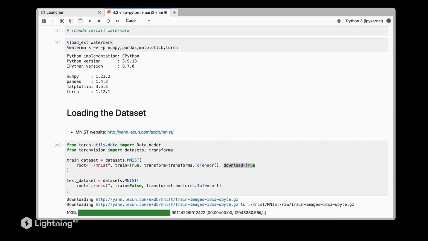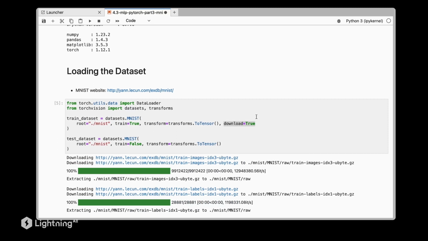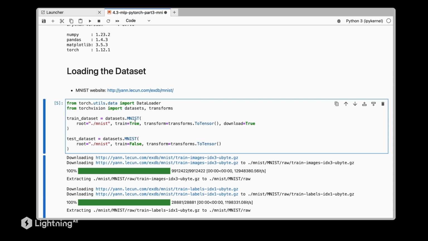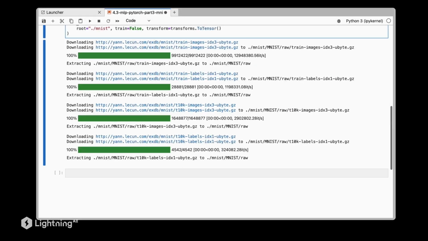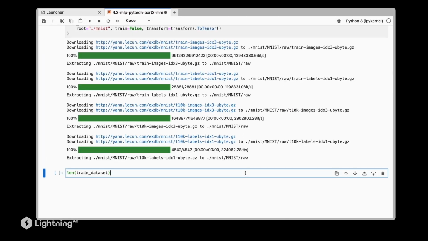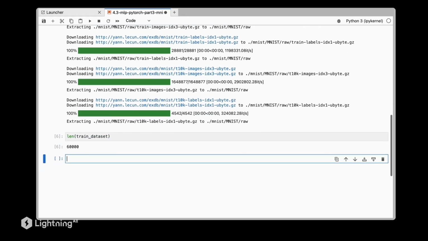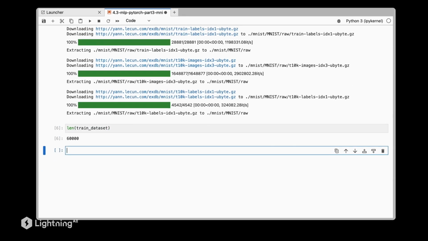And this dataset is analogous to the custom dataset that we have defined in the previous videos, and we will actually learn in future videos how we can create our own MNIST dataset class. But here for simplicity, we will be using this built-in function in Torch Vision. Okay, assuming this has finished downloading, let's just inspect the number of training examples. In this case, we have 60,000 training examples, and we have